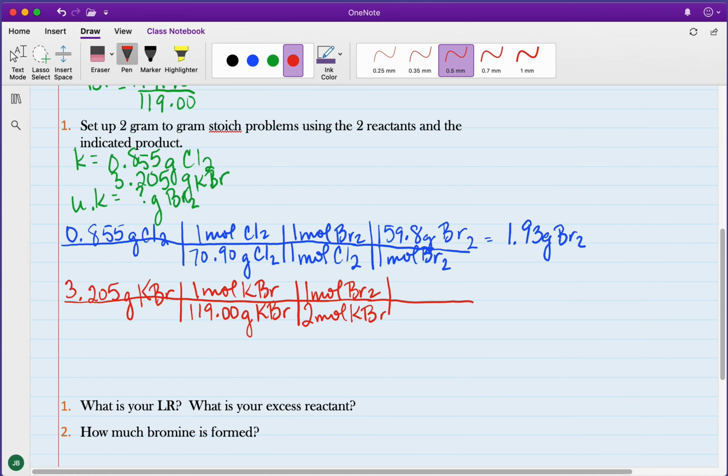We've got to keep going because we have to solve for grams of bromine. So let's do the molar mass: 1 mole of bromine has a mass of 159.8 grams. Once again, put that in your calculator and you should come up with